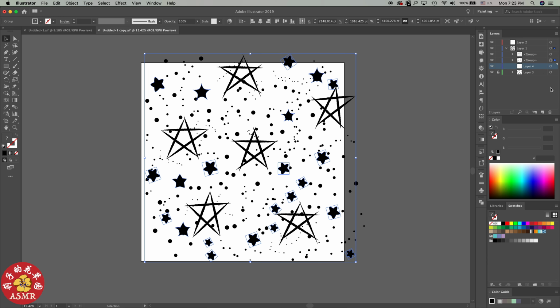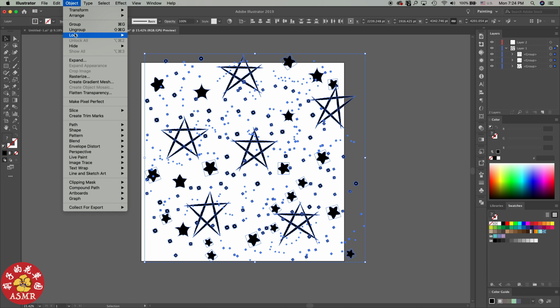They're separated from those stars, and since they are grouped together, I don't need those layers, so I pull them out of the layer and delete those layers. The reason I do this one is to flatten transparency for those